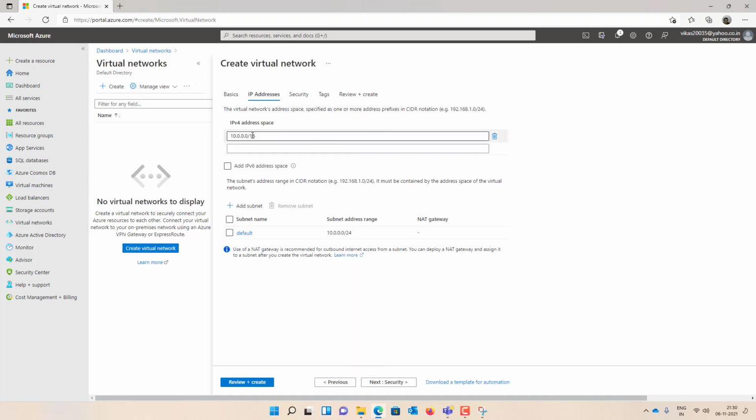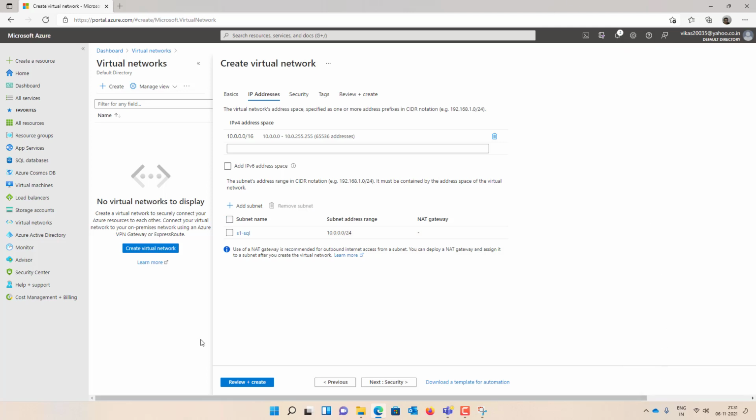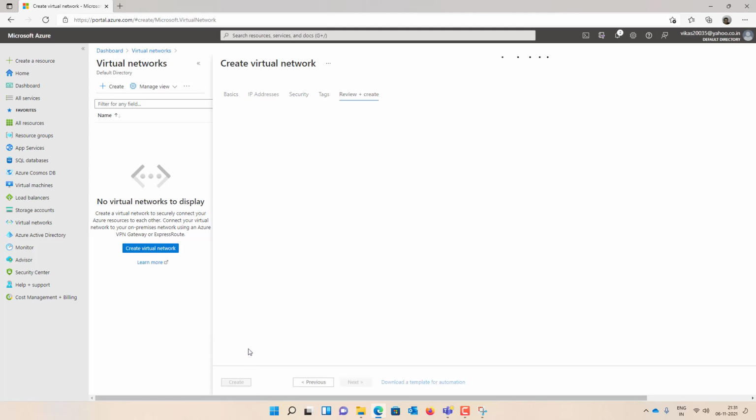IP address 10.0.0.0/16. First subnet, I'll make it like subnet 1 for SQL something, 10.0.0.0/24. And review and create.